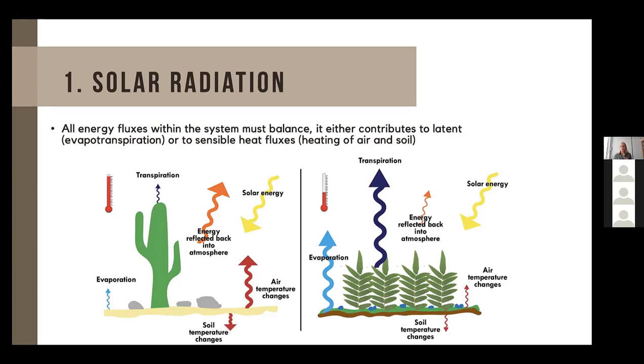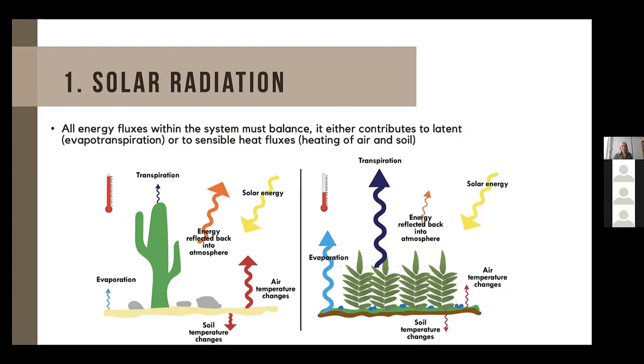And this means that evaporation and evapotranspiration is actually possible. So this means that more solar energy will then go to these processes of evapotranspiration. And this means that then less energy will be available to heat up the air and the soil. So as a result, the system on the left, as you can see by the,